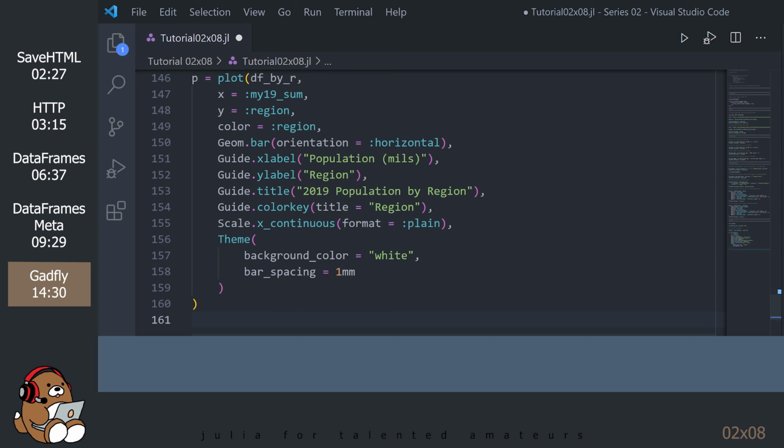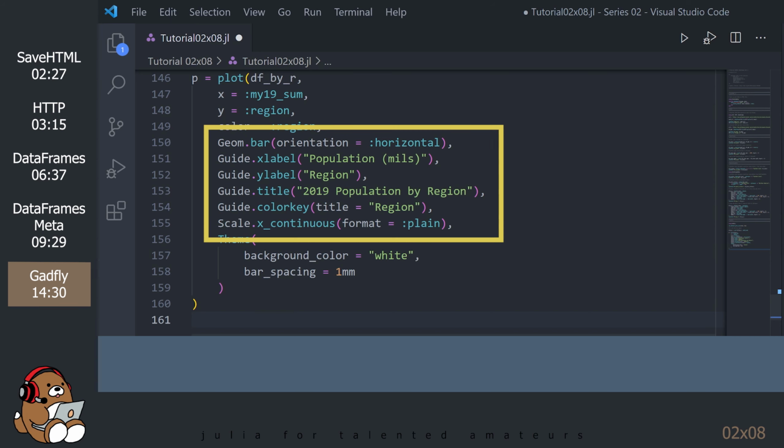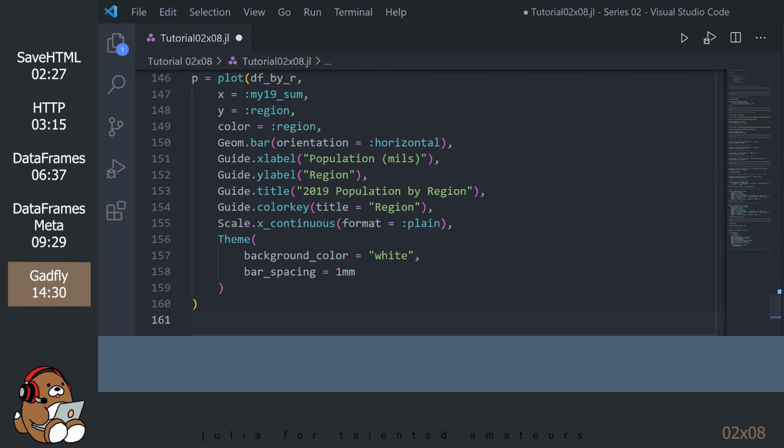Before hitting Shift-Enter, let's take a look at this syntax. My initial reaction is that it's surprisingly verbose. What's the deal with those geom dot, guide dot, scale dot, and so on? Let's take a look at the actual plot, then come back to this code.